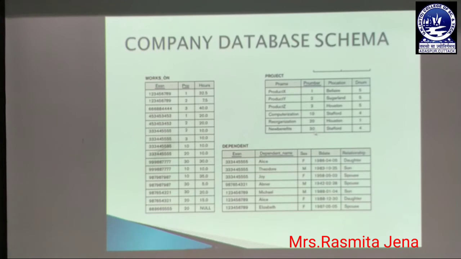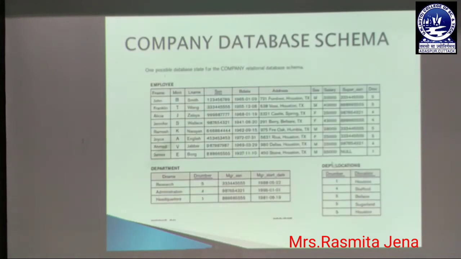Okay, this is the tuple which is retrieved if we perform the selection operation with the condition P location equals Stafford. From this tuple we will get the department number, that is 4. Let's compare this department number with the department table. So the department number is 4, we compare it with the department table D number, and this match is found. When this match is found, we will retrieve this tuple.